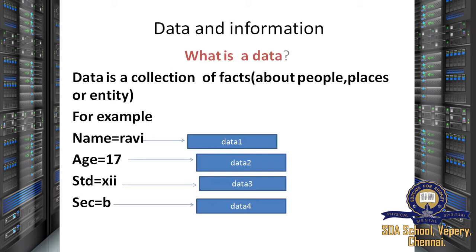When I collect this data, does it give any complete information when it is separate? No. When these data are put together, I mean processed together, it changes to information about a person called Ravi.